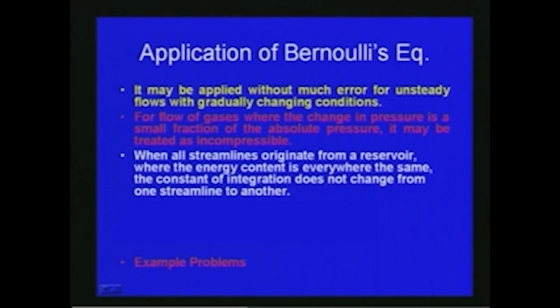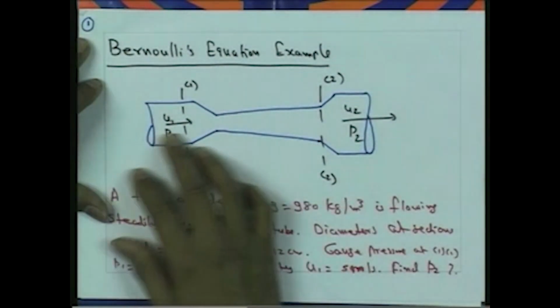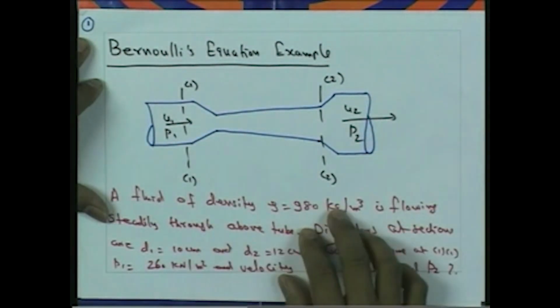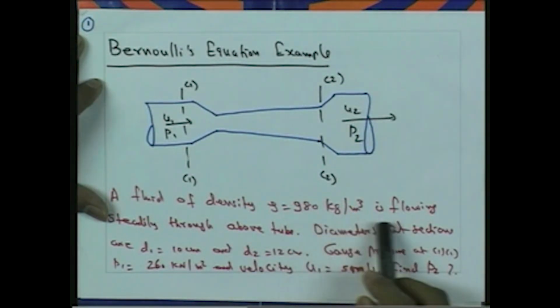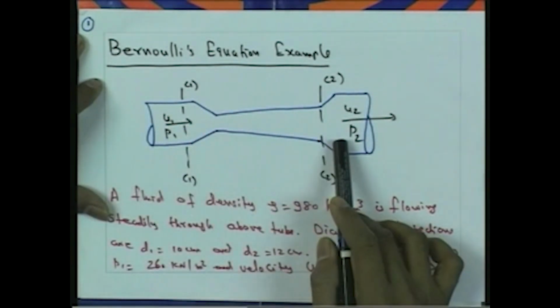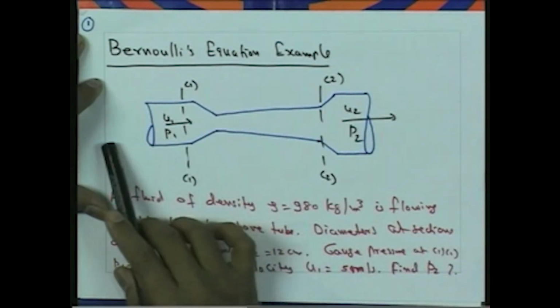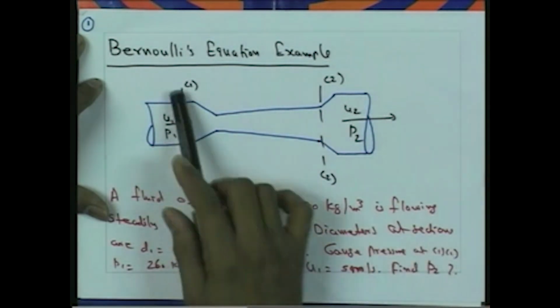So before closing today, we will also see a simple example here. A small example on Bernoulli's equation will be discussed here. A fluid of density rho equal to 980 kilogram per meter cube is flowing steadily through a tube. Here you can see the liquid is flowing through this tube, and the diameter at section 1 is 10